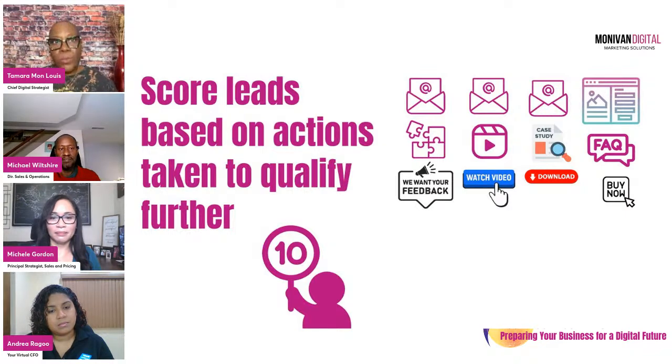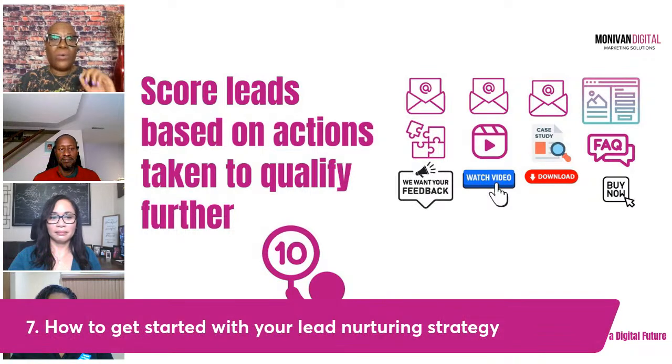And then what you want to do, we talked about this earlier on, is score those leads based on specific actions that they've taken. If they're taking the actions, you want to know who are the people that are actually going to convert, who are the people who are disqualifying themselves. If they're not opening the emails, if they're not going to the landing pages, if they're not taking the steps, then they probably are disqualified. If they're taking the steps and if they're answering your questions and giving you more information, then they're in a place where they're ready, and these are the people that you want to move forward with. So in a nutshell, that is exactly how you go about developing that lead nurturing strategy for your business.